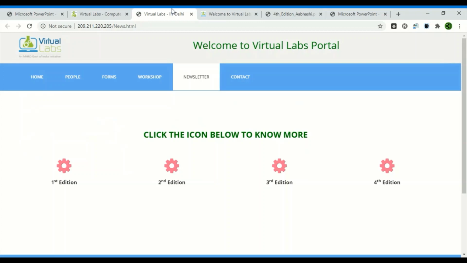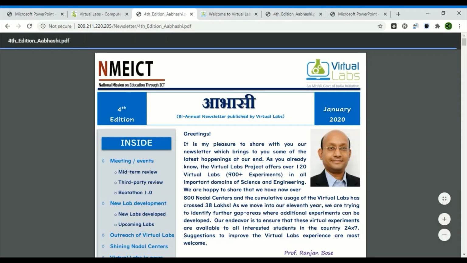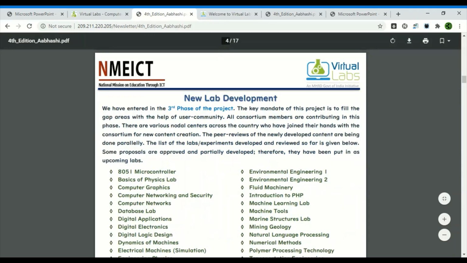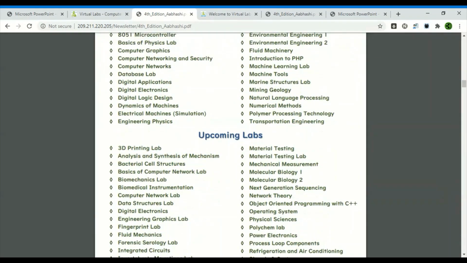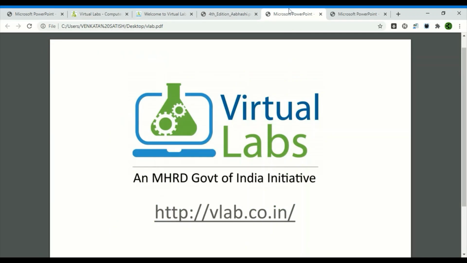If you want to know more information about different editions of these virtual labs, you just click on the edition number. In this document, you will have the entire information about the newly developed and upcoming labs available in the virtual lab. So this is all about MHRD's virtual lab. It is a great initiative.